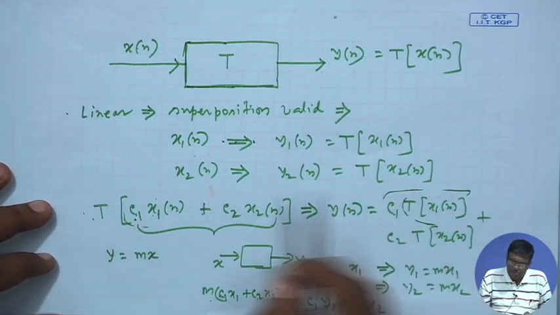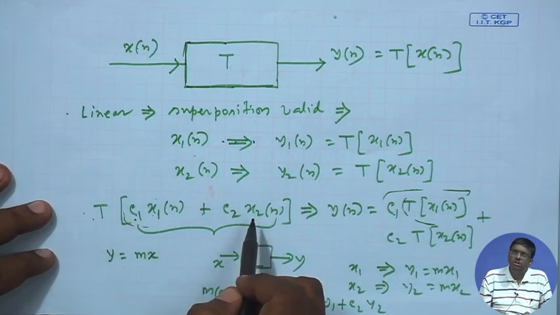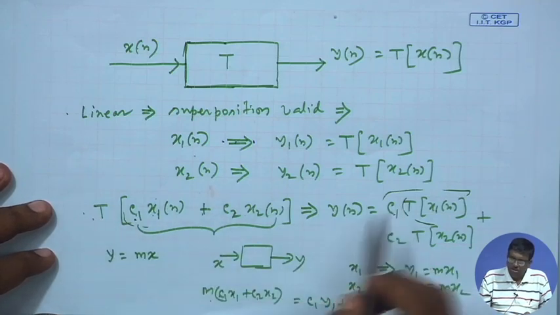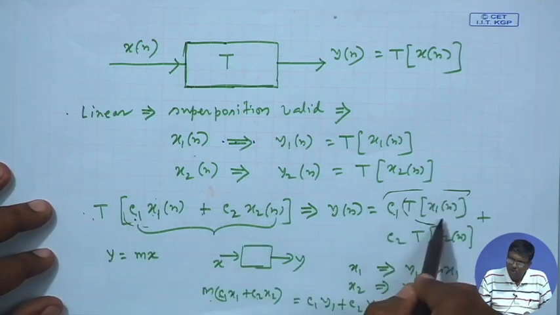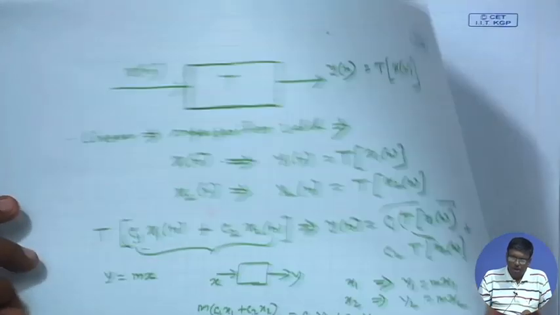This is a mathematical expression that if I give a linear combination of two sequences x 1 n and x 2 n, what will the system output be? It is c 1 times the response due to x 1 and c 2 times the response due to x 2, their addition. Okay. And another thing that was very important was shift invariance, which is related to time invariance